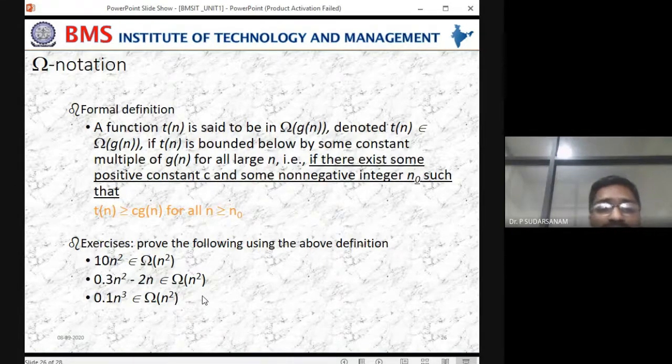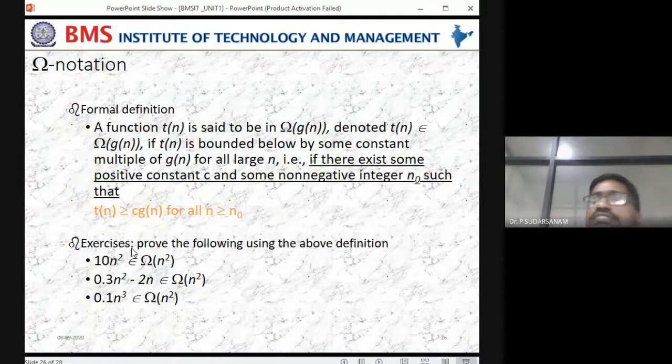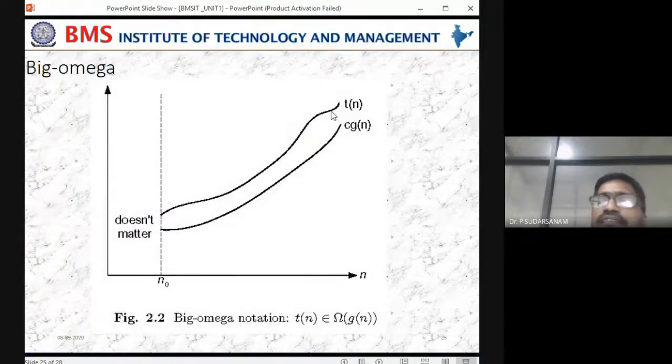How this greater than or equal to symbol works, I'll tell you. n to the power of 3 belongs to omega of n square. So this is the second definition. A function t of n is said to be omega of g of n, and it is denoted by t of n belongs to omega of g of n, if there exist positive constants